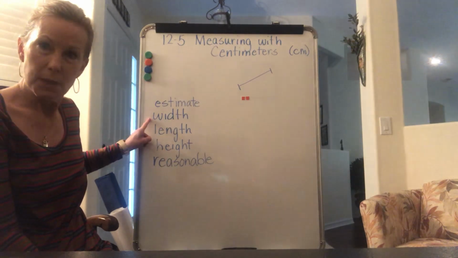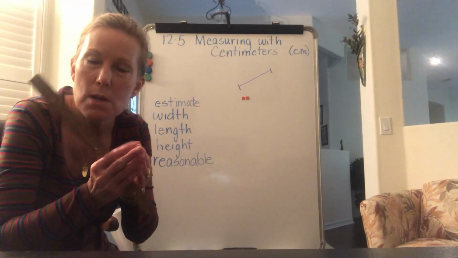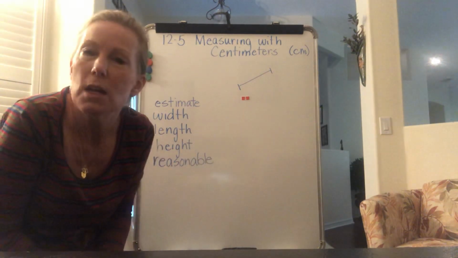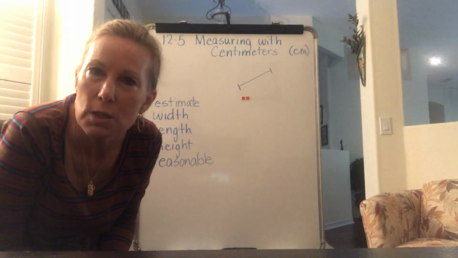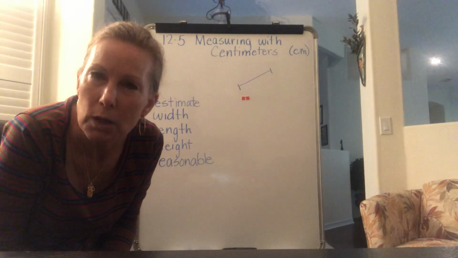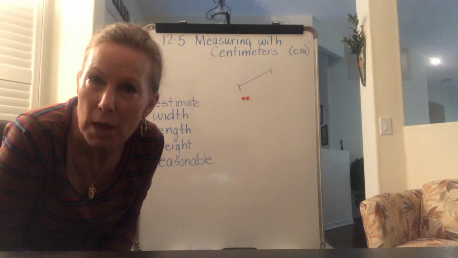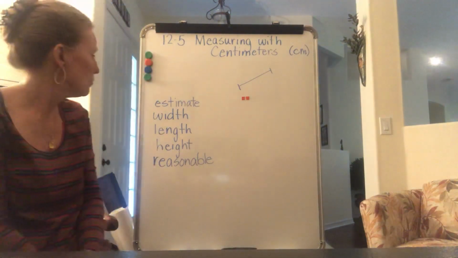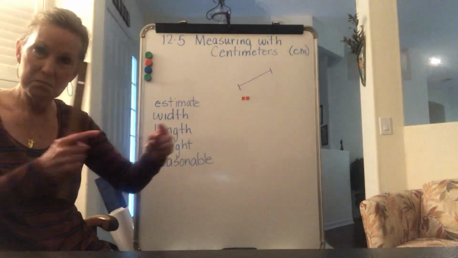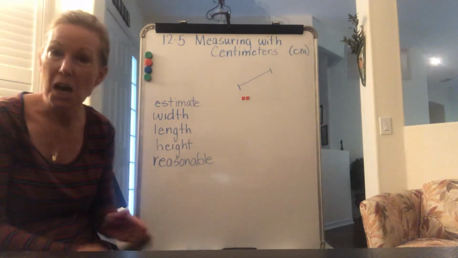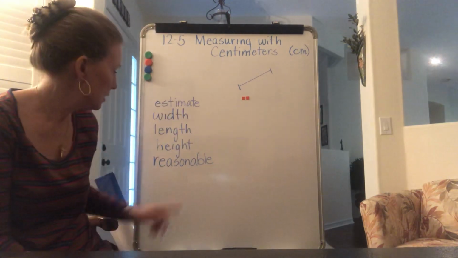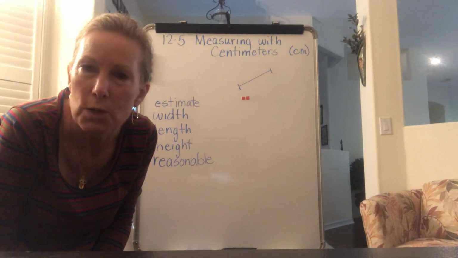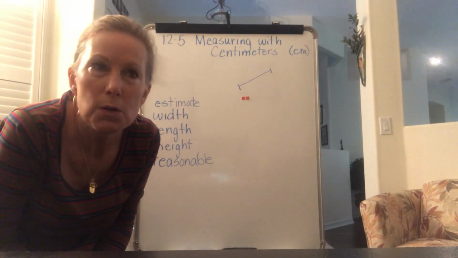Width, okay, remember that's how something comes out from something. And really, boys and girls, just pay attention to, in your book, and look at the way that the arrow is going, and then you'll do the right thing. Length, how long something is. Height, how tall something is. And then you're going to see the word reasonable come up in one of your questions. Reasonable means,